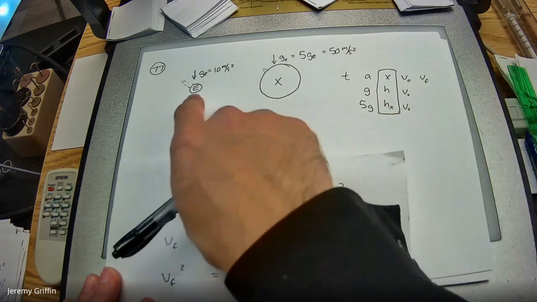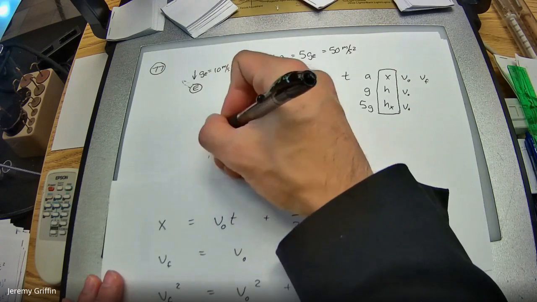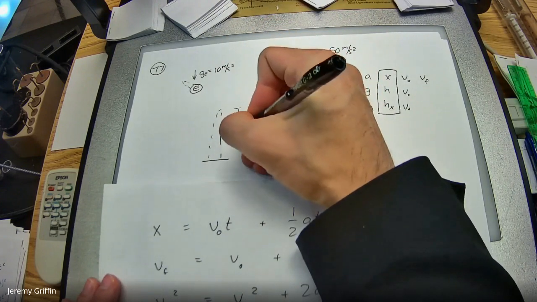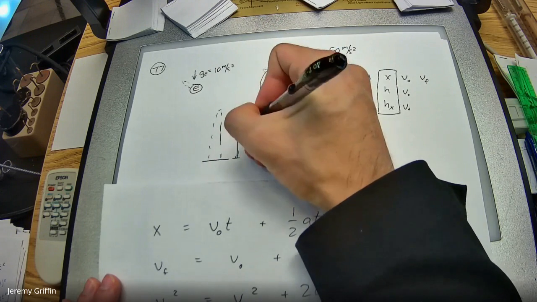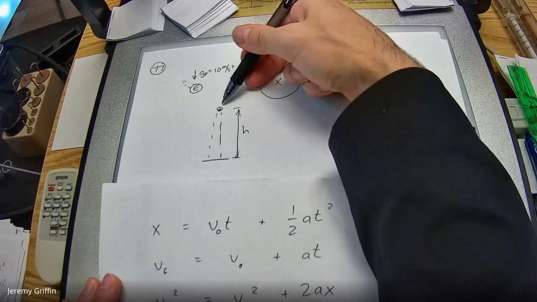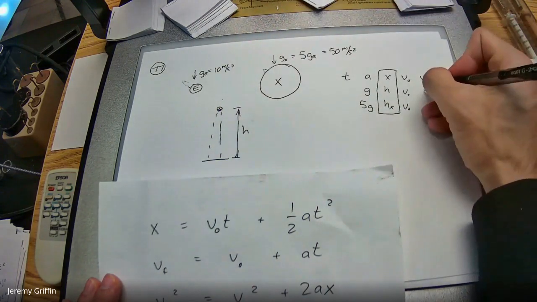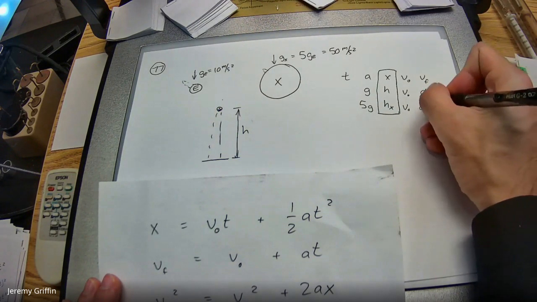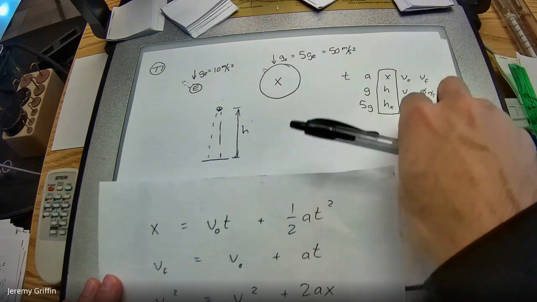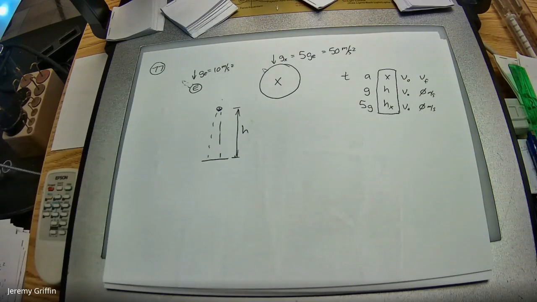But final velocity, because if you throw a ball straight up, it comes down, and you want to know something about maximum height. What is the velocity at the maximum height point? 0. So actually, you do know this number. It's 0 meters per second. That means you have 3 things, and you can solve for that right away. So let's try that.